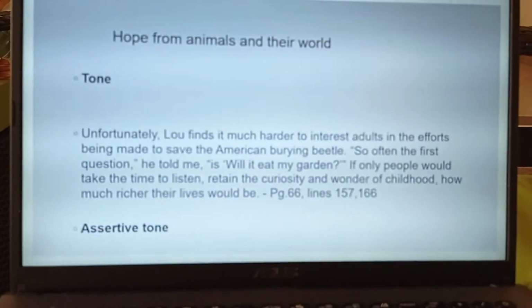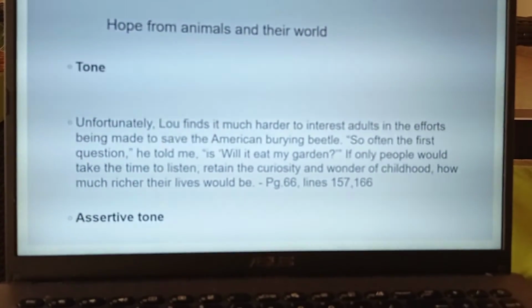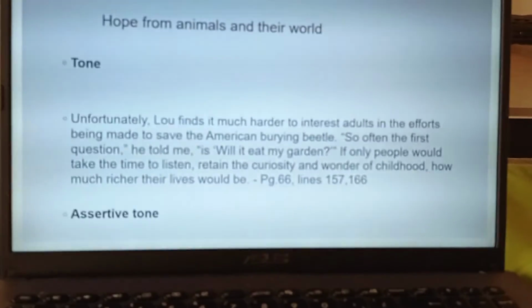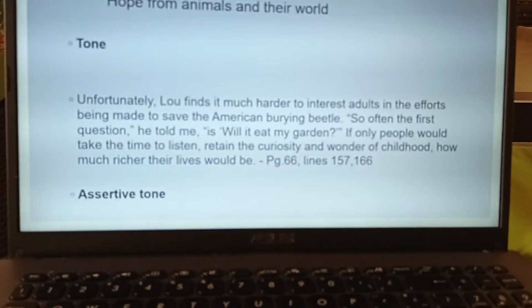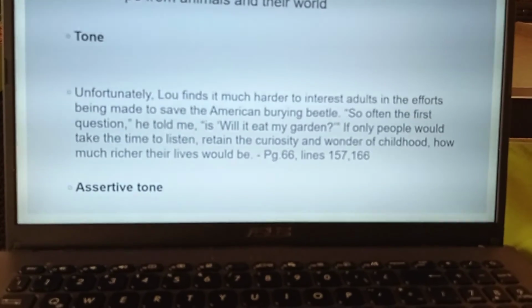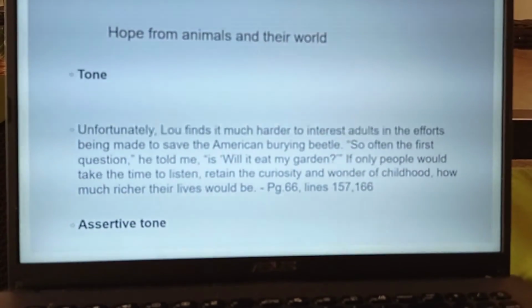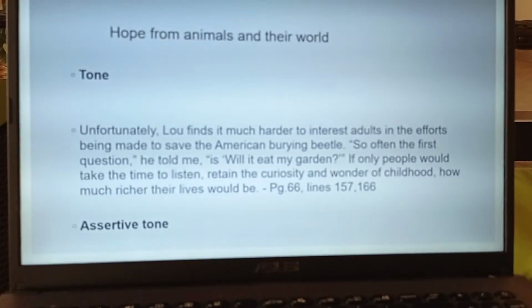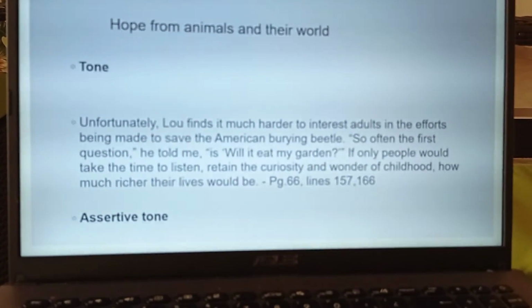Finally, I will talk about the tone. It is assertive, and it is evident, and it is found on page 66, lines 159 to 166, and it says, "Unfortunately, Lou finds it much harder to interest adults in the efforts being made to save the American burying beetle. So often, the first question he is asked is, will it eat my garden? If only people would take the time to listen, retain the curiosity and wonder of childhood,